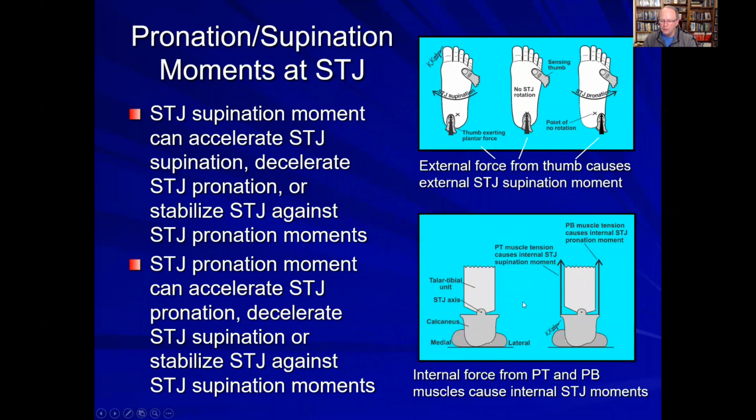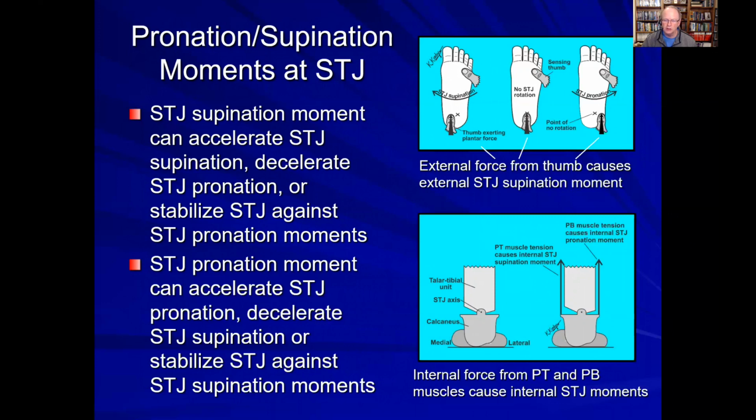So the posterior tibial muscle can either accelerate supination, decelerate pronation, or stabilize against an equal and opposite pronation moment. And the peroneus brevis can accelerate pronation, decelerate supination, and stabilize against a subtalar joint supination moment. These are all important concepts to understand when we start talking about motions that occur in the human body, especially the foot and lower extremity, but also stabilizing forces that can occur from ligaments, tendons, muscles,